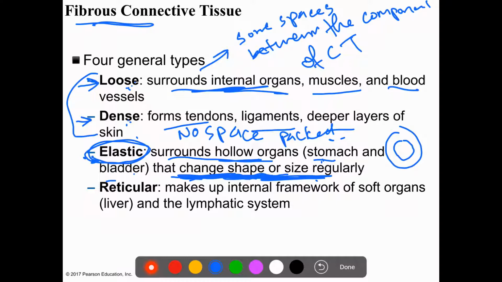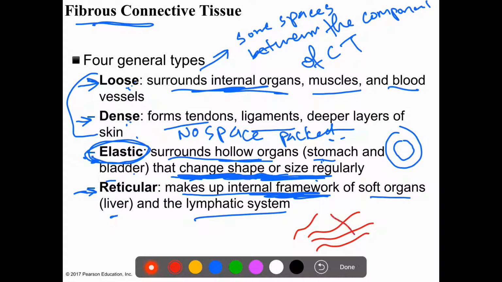And the last type is something called reticular connective tissue. This would make the internal framework of soft organs like the liver and the lymphatic system. Reticular, it's made out of very thin connective tissue fibers, sorry, and they will form something like a network, like a screen, like a filter, something like this. And the fluid usually would pass between them. Okay, so these are the reticular